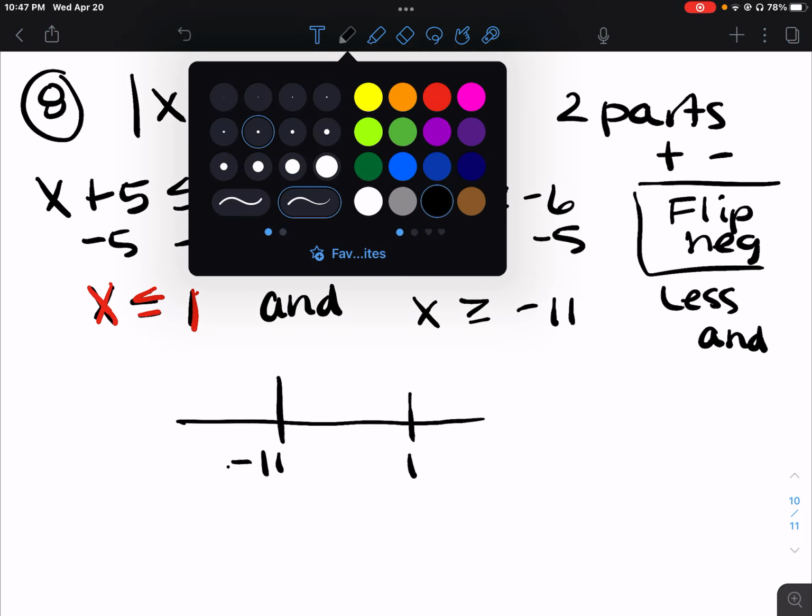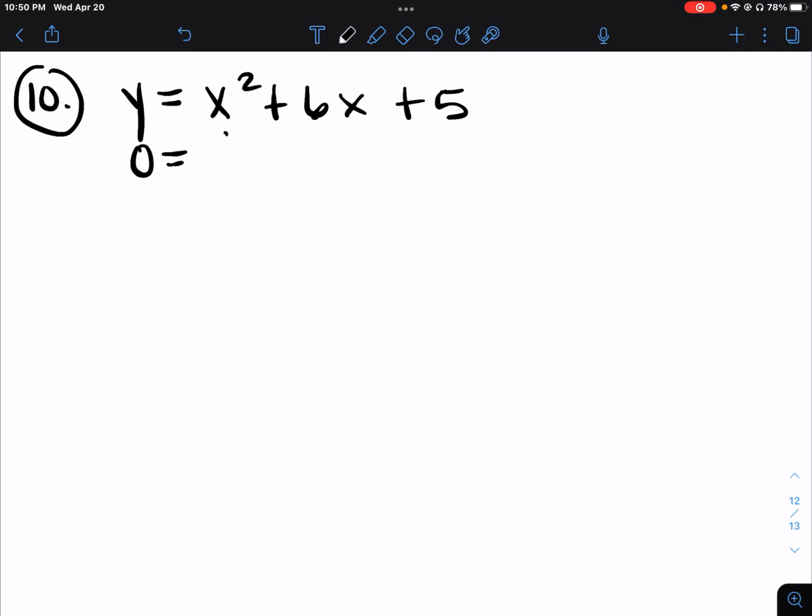Okay, f of x is the same thing as y. Okay, but when we graph, we're going to set y equal to 0. And we can factor this. Okay, we multiply to 5 and add to 1. Okay, so x is -5 or -1. Subtract 5, subtract 1. When we replaced y with 0,